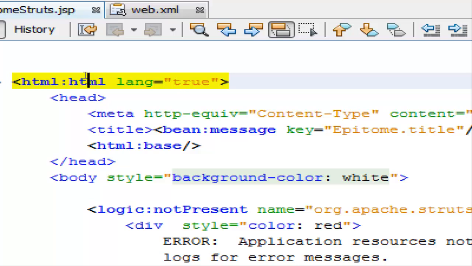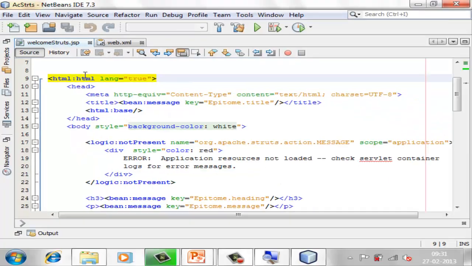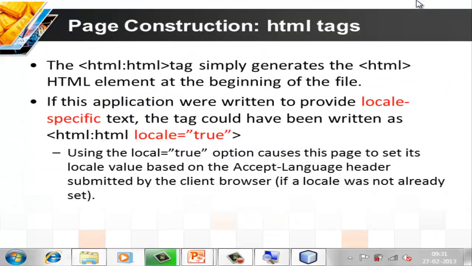You can specify here locale equal to true, specifying that this is a different one. When you say locale equal to true, you are saying that if the person specifies an exclusive location, if the browser says I am from India, when you send a message, when you send an HTTP packet from your Internet Explorer or from Chrome or Firefox or anything, you know very well any